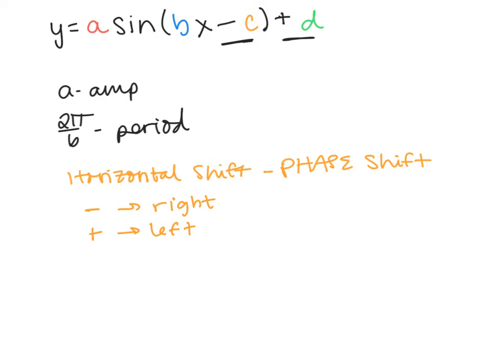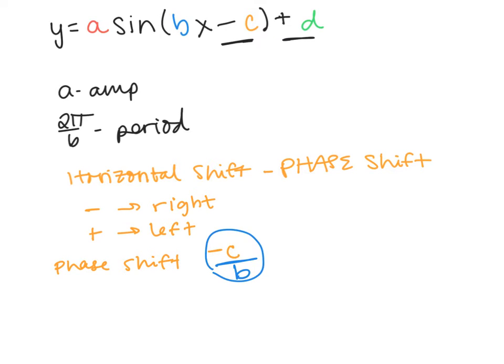So in general, to find the phase shift, and this is going to be a little different than what we're used to, that phase shift is going to be the opposite of C, and again, that opposite is just to deal with the fact that subtraction means you're moving right, and you have to divide that out by B. So the phase shift is the opposite of C over B, and that's going to be your new starting point